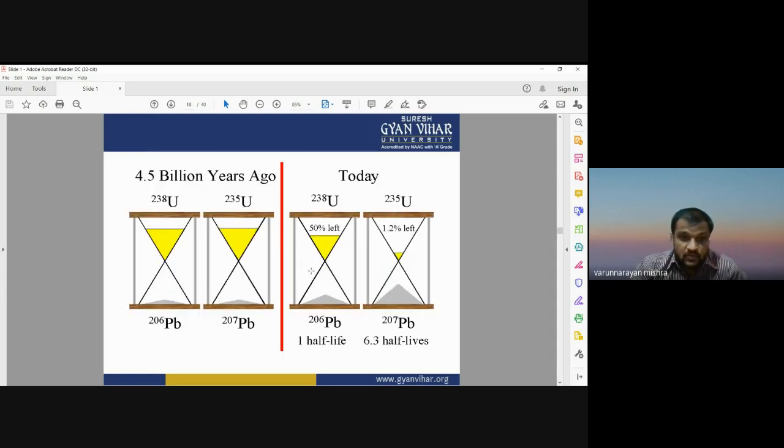Okay, so this is the way we can know the age of a particle, or we can say the age of an element, depending on its decay. Decay means the conversion of a nucleus, or the conversion of an isotope into another isotope. Conversion of an isotope into another isotope takes some time. Depending on that time, we come to know the age of that element.